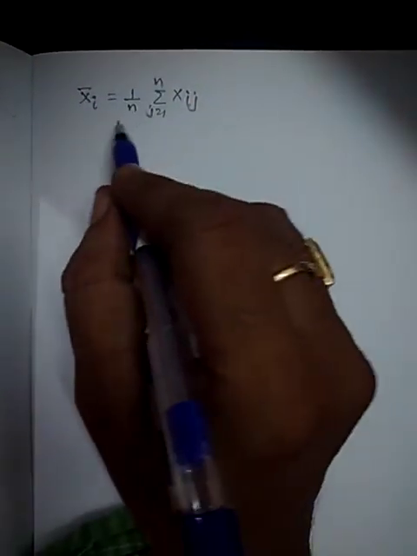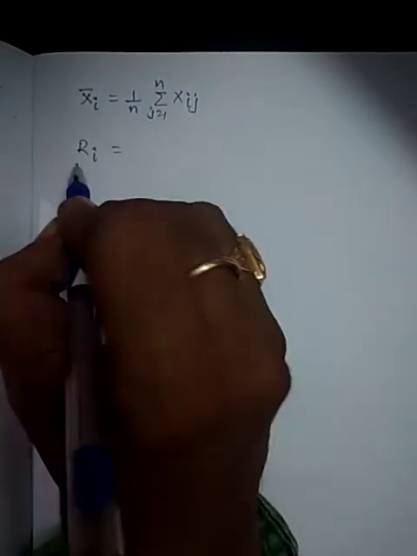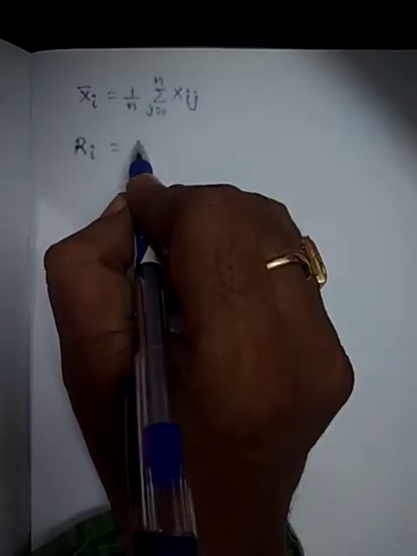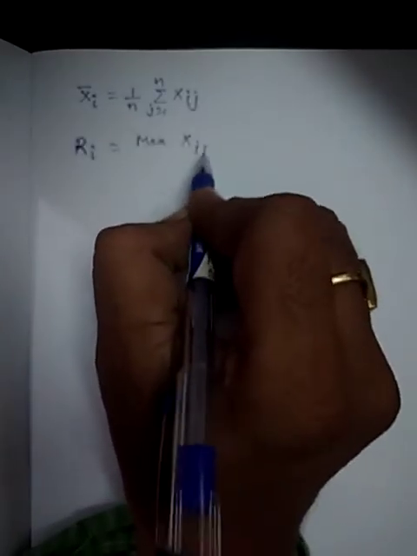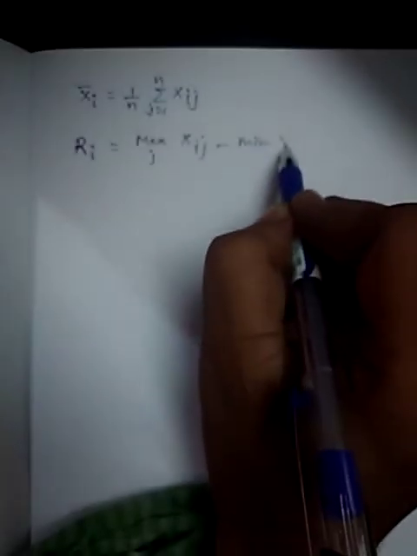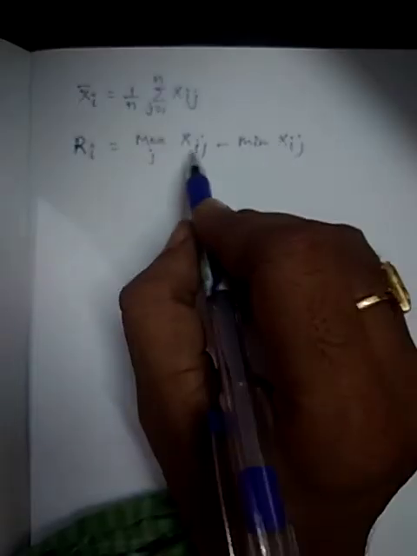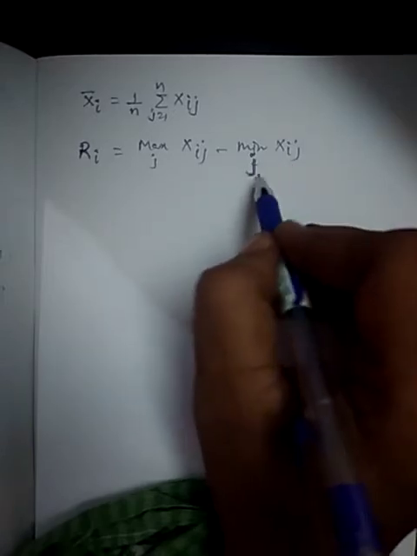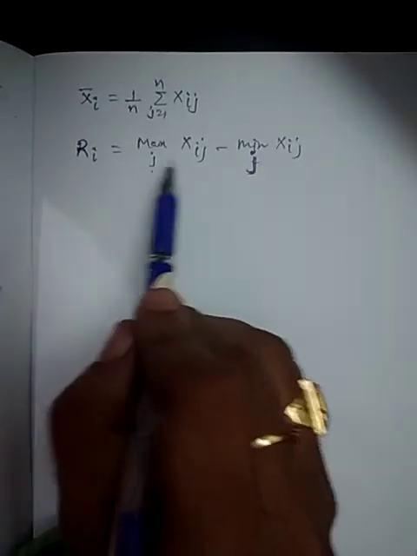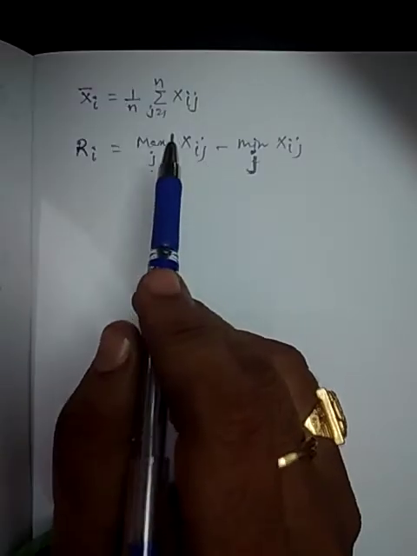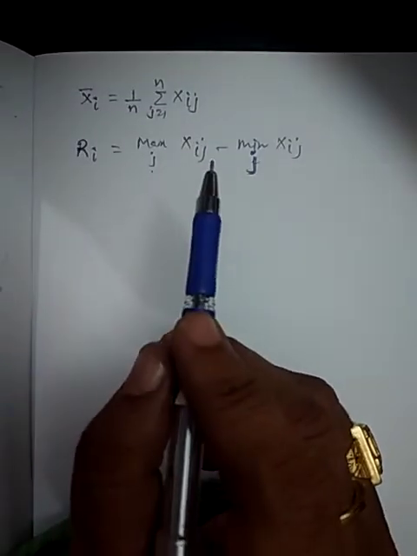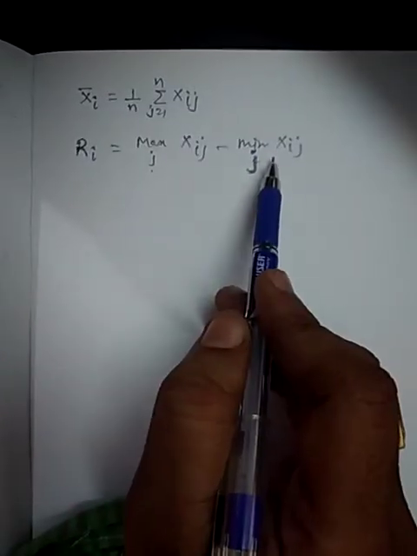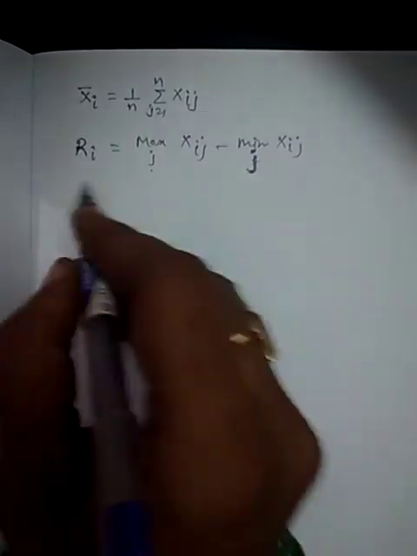This is the formula of x bar i. And similarly Ri, for the ith sample, what is the range? How do you calculate it? Maximum of xij running on j minus minimum of xij, that is, maximum value of xij minus minimum value of xij, among the values of j, that is j equal to 1 to n: first unit, second unit, nth unit, out of which you have to consider one maximum value minus minimum value. You will get the range Ri of the ith sample.